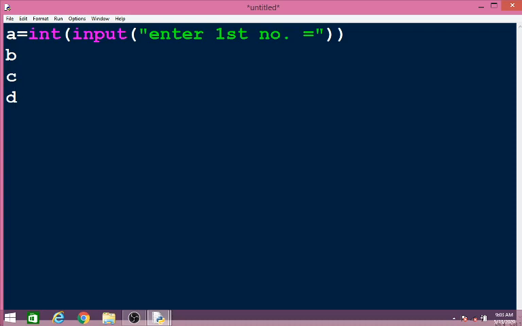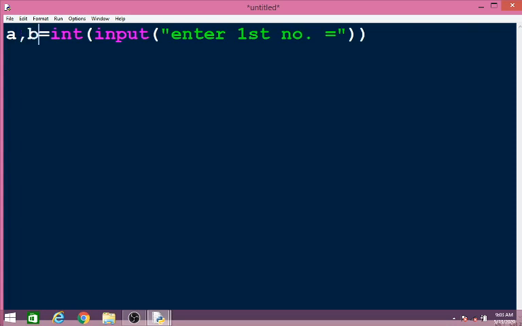Now suppose I want to use only a single input statement to take four inputs from the user. How do we write the input statement? We simply write all the variable names here, that is a comma b comma c comma d, and equal to, and after equal to we use the function map.